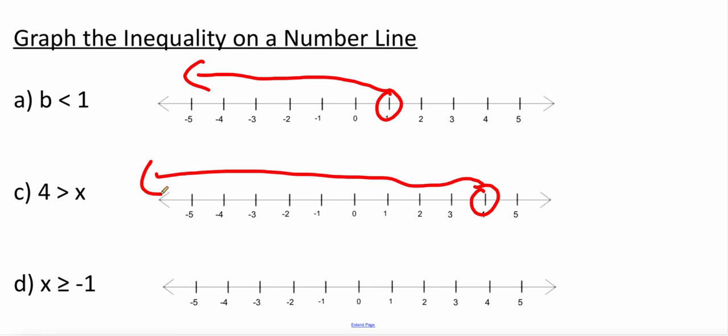Now, let's look at my last one here. I have x is greater than or equal to -1. Since we have the equal to sign, I'm first going to find -1, and we're going to put a circle and fill it in. And now x must be greater than or equal to -1. So is 0 bigger than -1? Yes, it is. So now I'm going to go